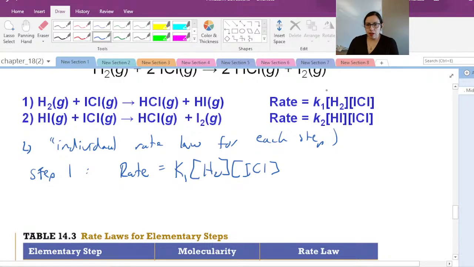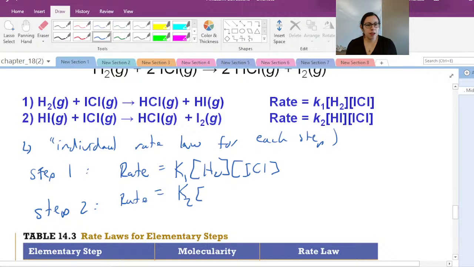And then obviously step one, K1, and then again step two, that's all that we're drawing here, that we have some sort of rate. It's going to be equal to K2, whatever K2 is for step two. And then